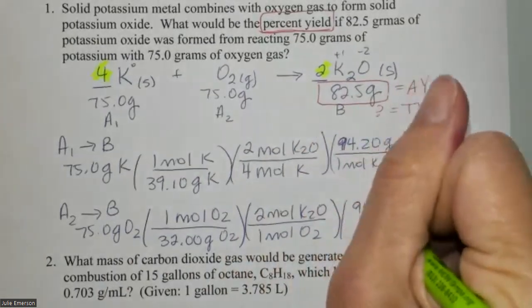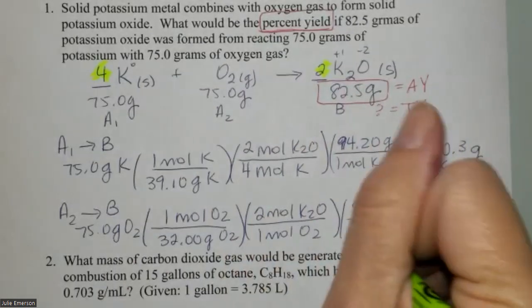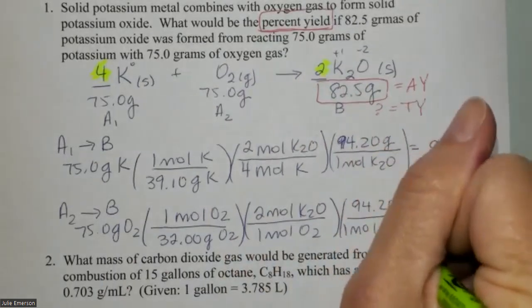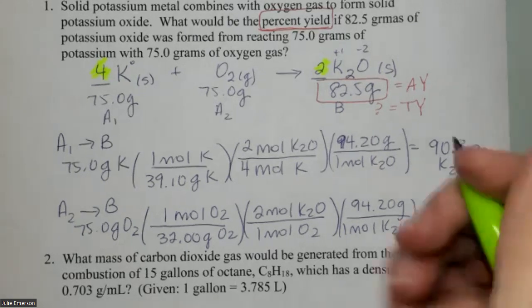And then that molar mass, again, is the same for both setups. 94.20 grams is the molar mass of K2O. So on my calculator, 75 divided by 32 times 2 times 94.2. And here I get